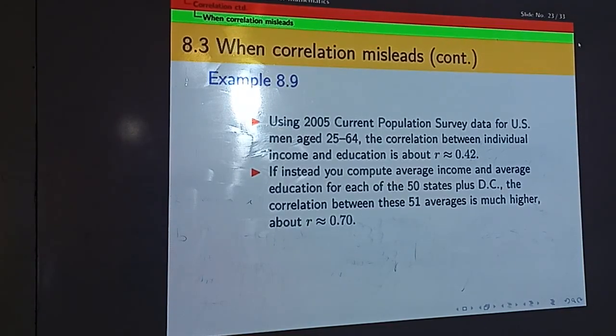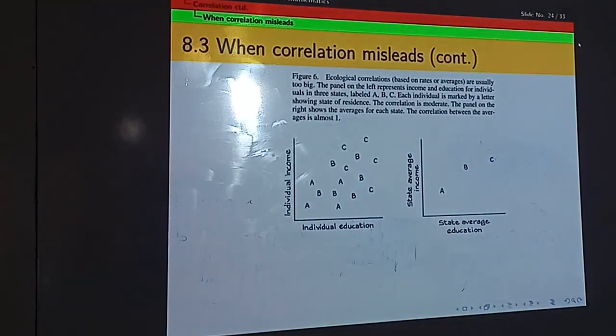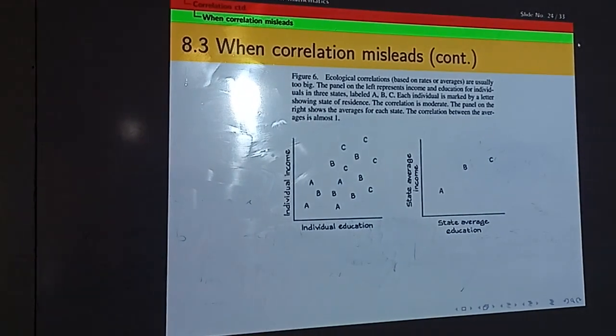So then they have got R equal to 0.42. But if instead you compute the average income and average education for each of 50 states, then your R will be large. But the reason is, for example, if you look at the individuals,